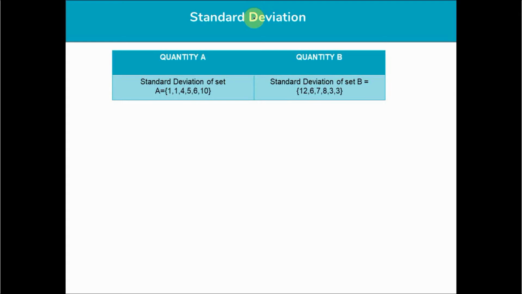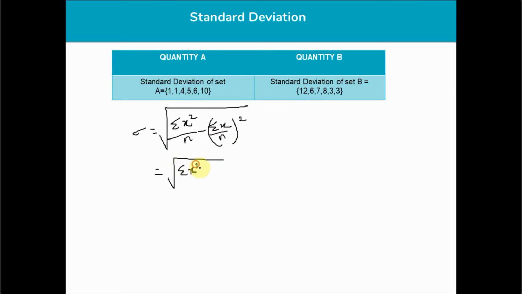There are two ways that students solve this problem. Standard deviation of set A. There is a normal formula to find the standard deviation. Sigma is equal to the root of sigma x square by n minus sigma x by n the whole square. This is the formula method. Again, you sit and calculate the mean, root of sigma x square by n minus x bar square. Definitely you can do it this way, but if you keep doing it, the entire 35 minutes allotted for the 20 questions in section A will go to only one QC question. That is not what you should do.